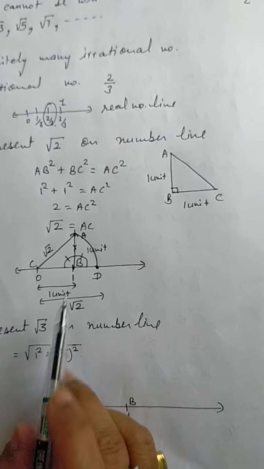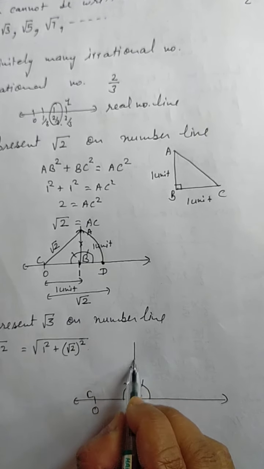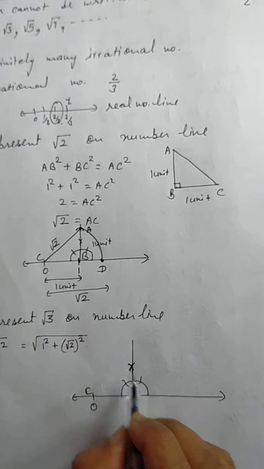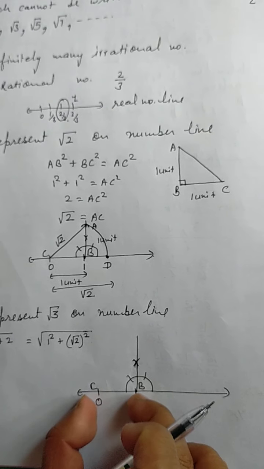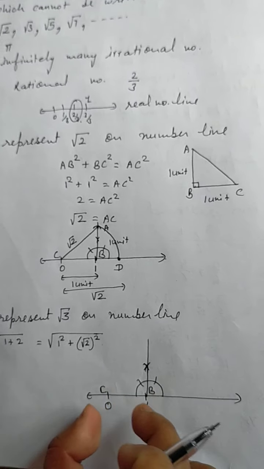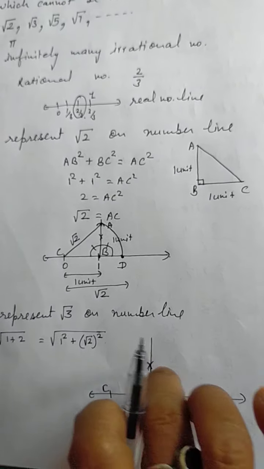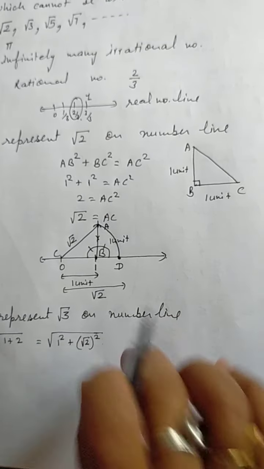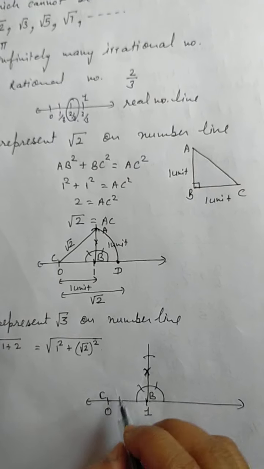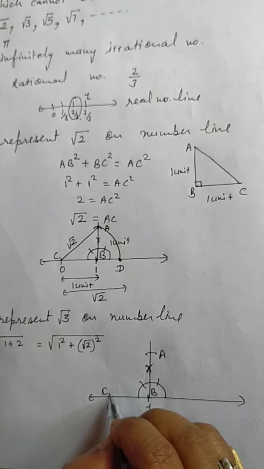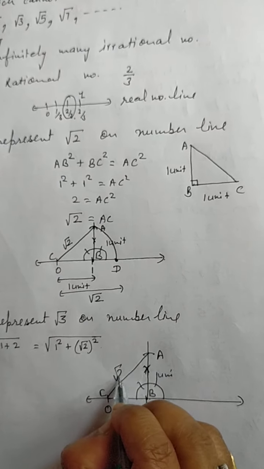For drawing the square root 2 like this, first of all we will draw an angle of 90 degrees with the help of compass. Then again by drawing the 90 degree angle, we will mark an arc equal to 1 unit. The radius should be equal to 1 unit. So if CB is 1, you measure CB from C to B. Then you cut an arc from B equal to this one. The radius should be equal for both the arcs. So this is, suppose, point A, you join C to A. If it is 1 unit, it will be square root 2 units.